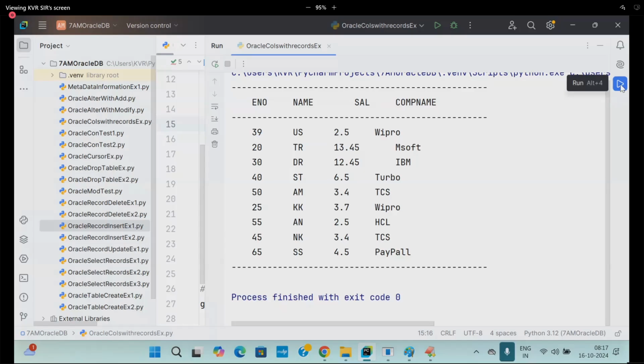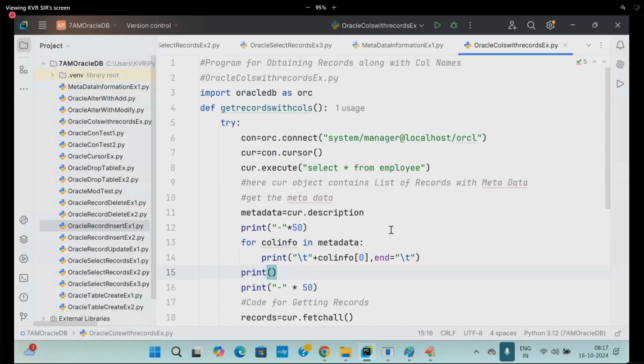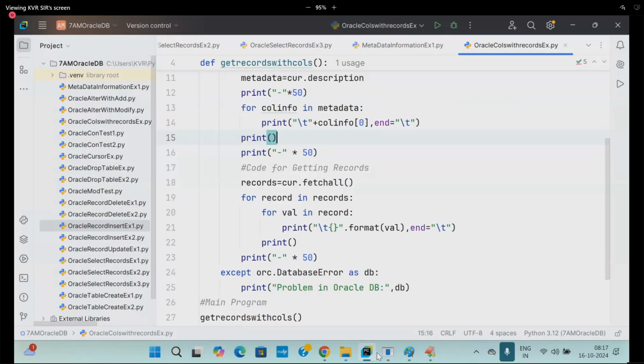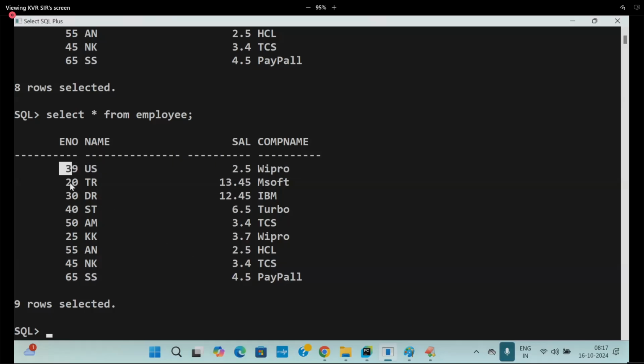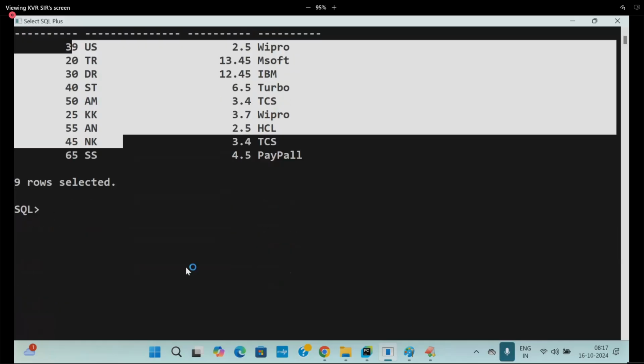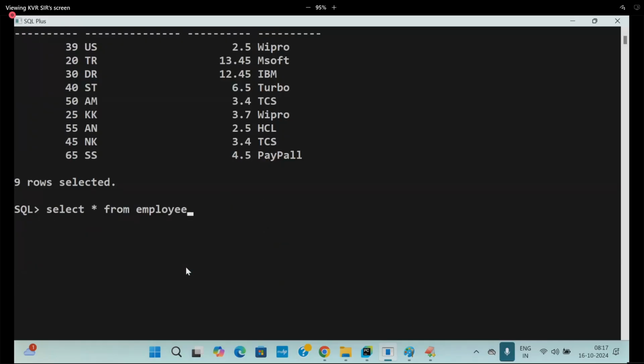Well, dear students, now I'm writing here only. I want to print the data in ascending order of employee numbers, ascending order of names, ascending order of salaries, descending order of numbers, descending order of names, descending order of salaries. How do you do it? We will start here. Observe it. These employee numbers are in a zigzag manner, right or not? These are all unsorted. To sort it, select star from employee,